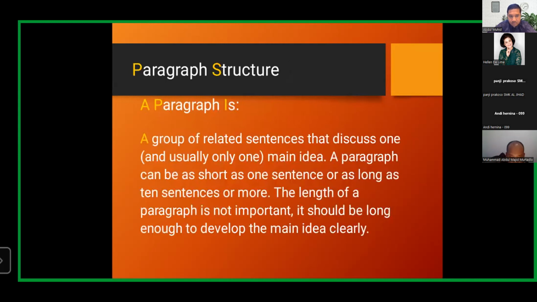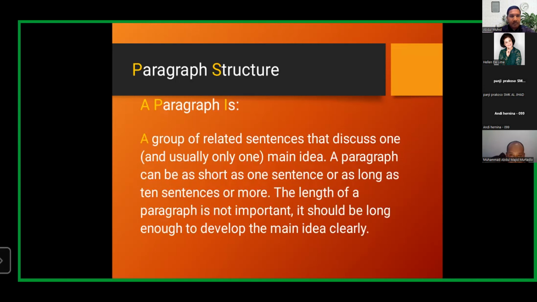Sedangkan paragraph structure is a group of related sentences that discuss one and usually only one main idea. A paragraph can be as short as one sentence or as long as 10 sentences or more.